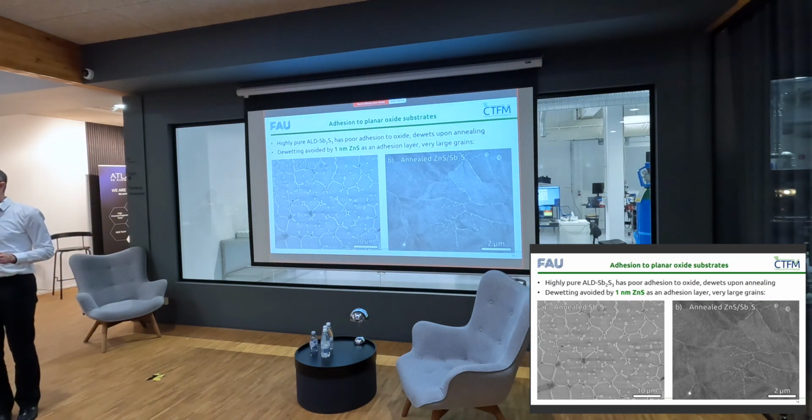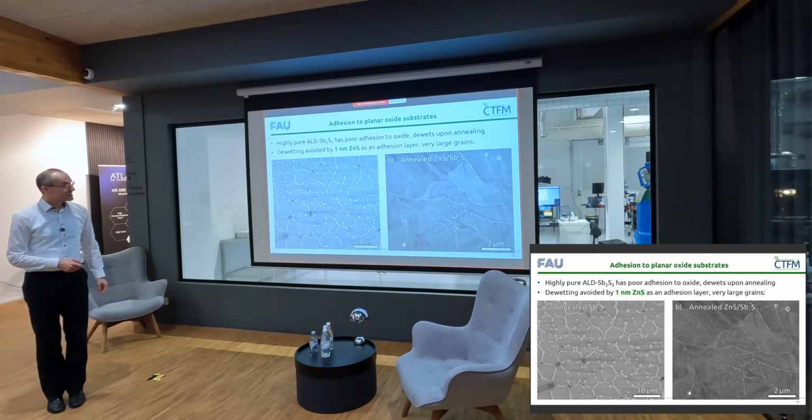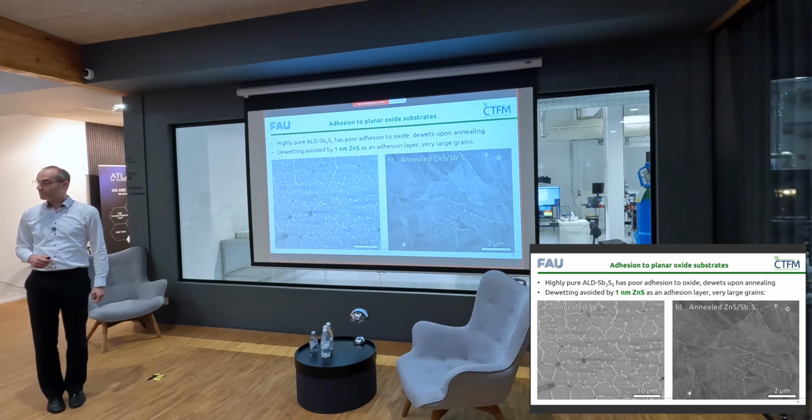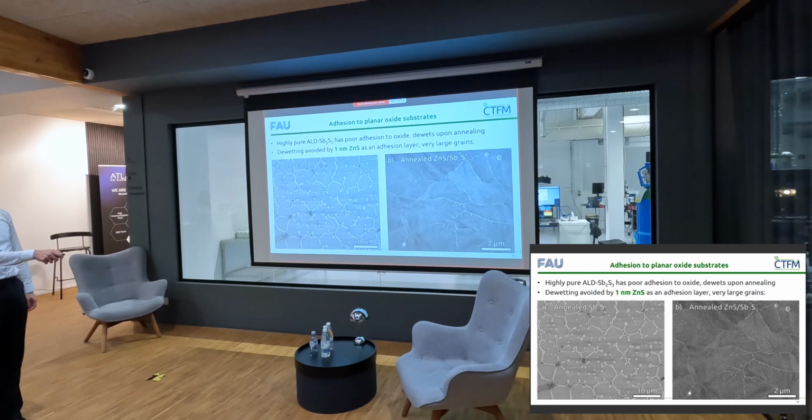Now, it's actually so pure that it causes issues, because sulfides, when they're very pure, often don't bond well to underlying oxides. And so if you deposit a thin layer, 50 nanometers or so of antimony sulfide on titanium oxide, and you anneal it, it de-wets completely to something which certainly you cannot make a solar cell out of. We fixed it by depositing 1 nanometer of zinc sulfide in between. So on top of titanium oxide, a single nanometer of zinc sulfide serves as an adhesion layer, and now you can anneal antimony sulfide and maintain a layer that is very thin, 50 nanometers, but completely continuous, planar, and